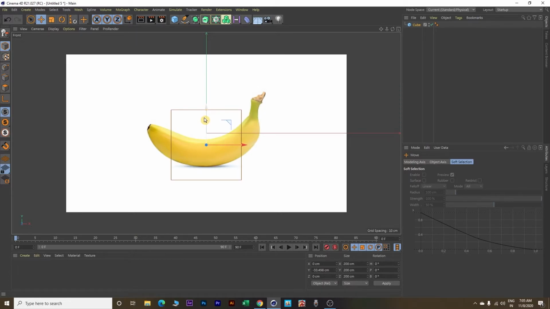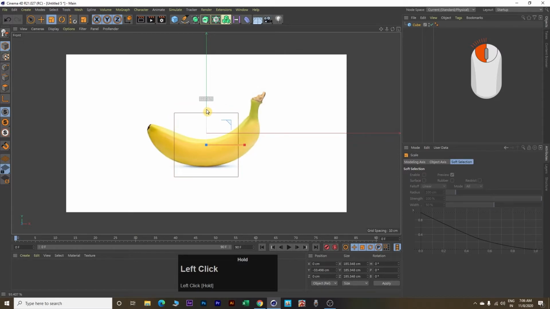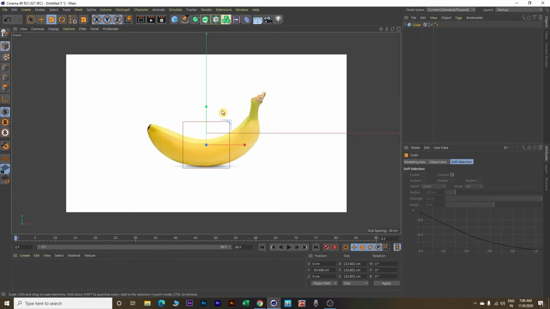Now to resize this cube, I will click T on my keyboard to activate the scale mode. Now I will move my mouse pointer closer to this green square, click and hold my left mouse button and drag mouse downward. See, this is how we resize our cube.